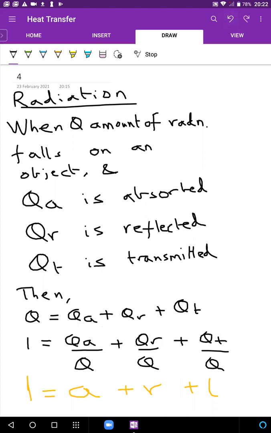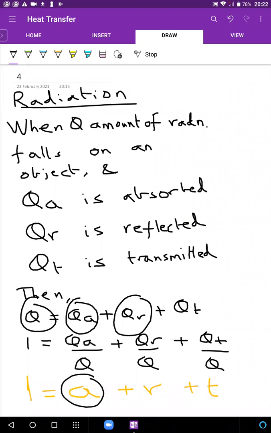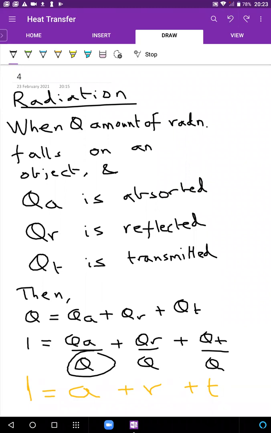अगर 10 जूल इनकमिंग था, ठीक है, 10 जूल अंदर आया और ये 2 जूल अब्सॉर्ब हुआ, so we'll say A is 2/10. ये 3 जूल रिफ्लेक्ट हुआ, we'll say R is 3/10. This automatically will have to be the remaining 5 joules transmitted, so this will be 5/10. And you can check that A, R, and T will obviously add to 1. They'll obviously be less than or equal to 1. Goes without saying. QA is only energy absorbed, and this is total energy incoming.